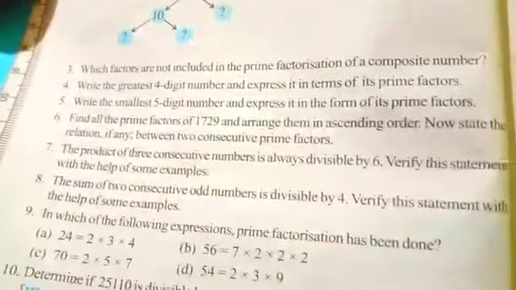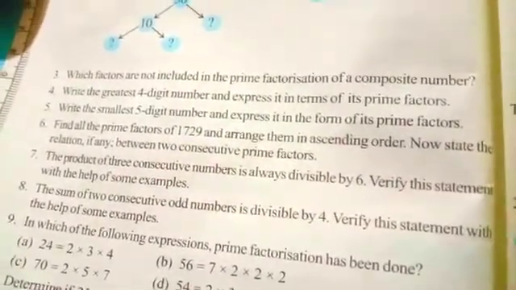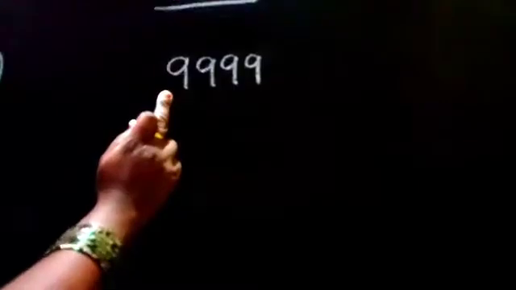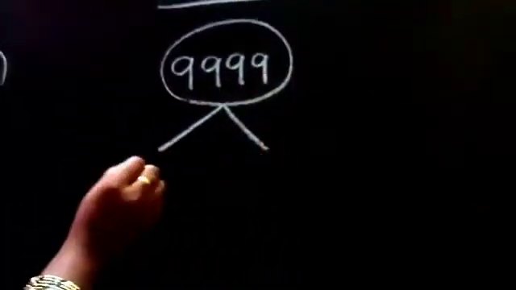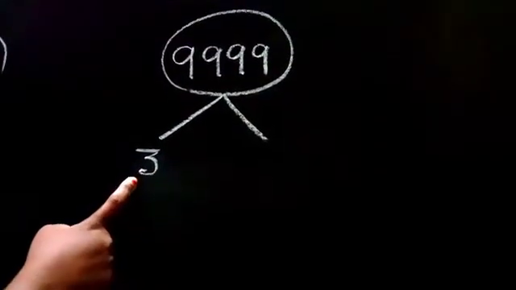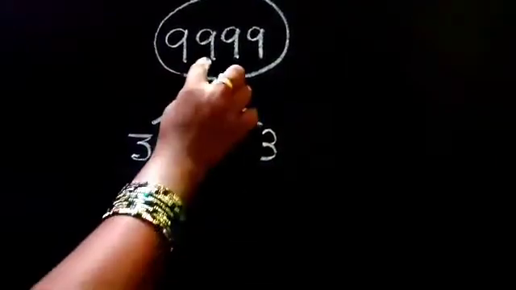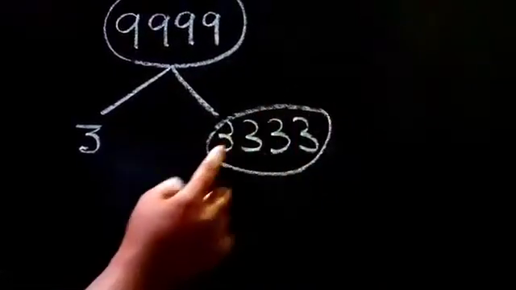Fourth question is, write the greatest 4-digit number and express it in terms of its prime factors. What is the greatest 4-digit number? 9999. This is the greatest number. So we can divide this in the third table. 3 is a prime number. So third table, 3 threes are 9, again 3 threes are 9, again 3 threes are 9. So we will get